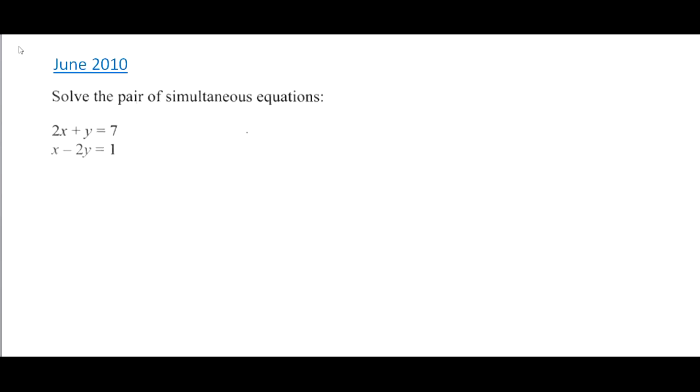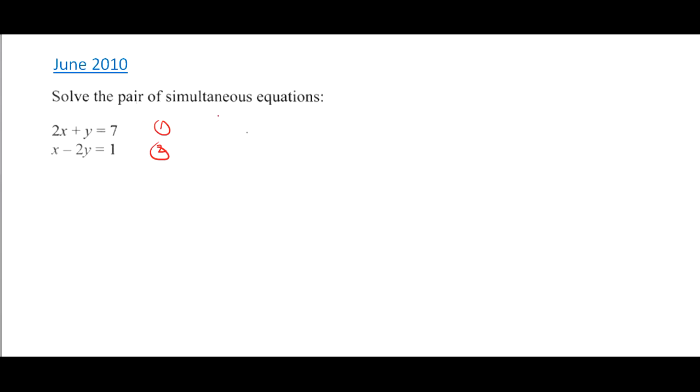So let's look at this question here from June 2010. We have to solve the pair of simultaneous equations, and when they say solve, we need to find the value of x and of y. So the first thing we need to do is to label our equations. This is equation 1 and this is equation 2, and what we need to do is to substitute one equation